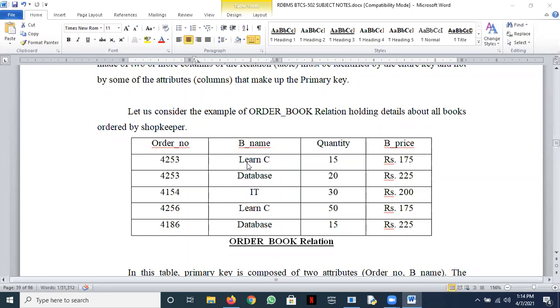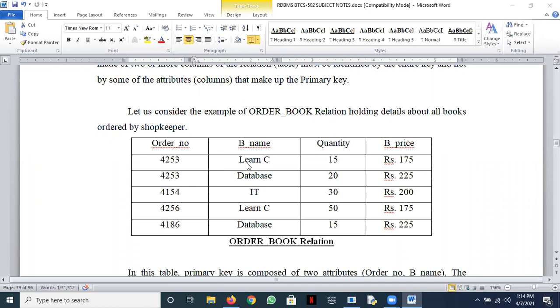My question is, order number and book name is the primary key, a composite key. The combination is a primary key. So the remaining columns, quantity and book price, should be dependent totally on this composite primary key. Are they totally dependent on this primary key? Yes or no, Abhijit? Sir, they are totally dependent, sir.